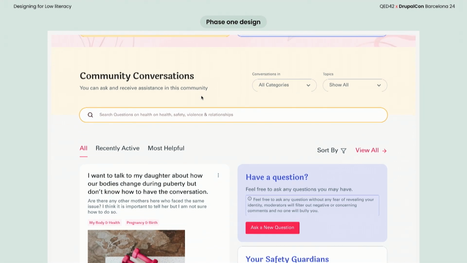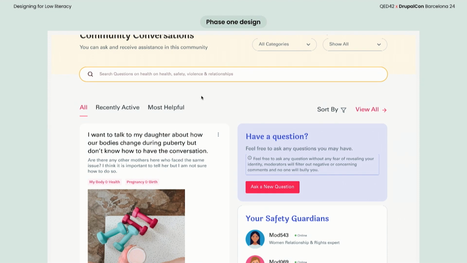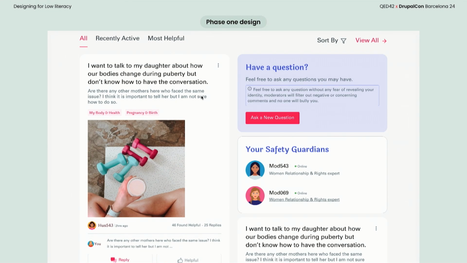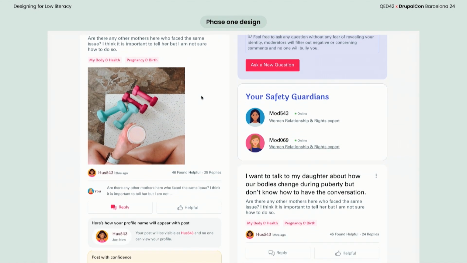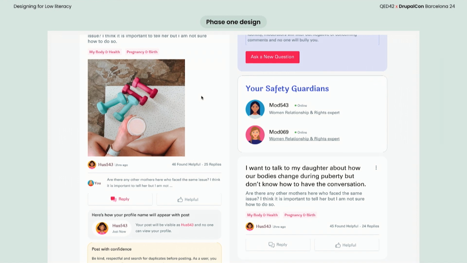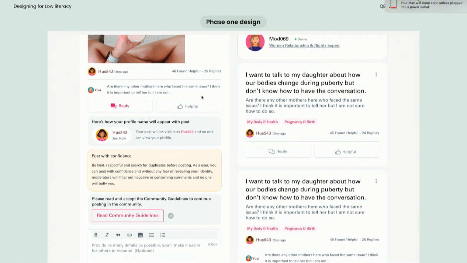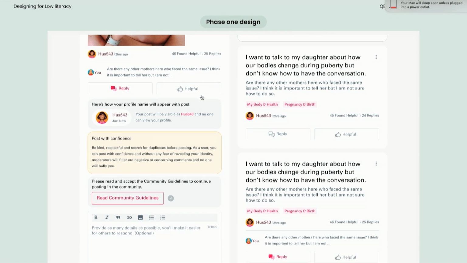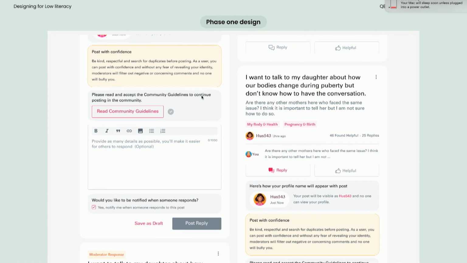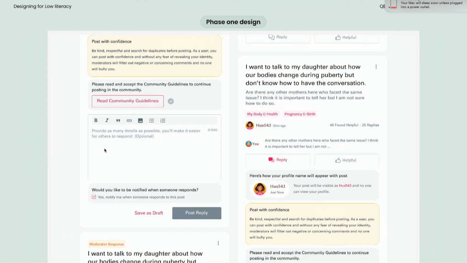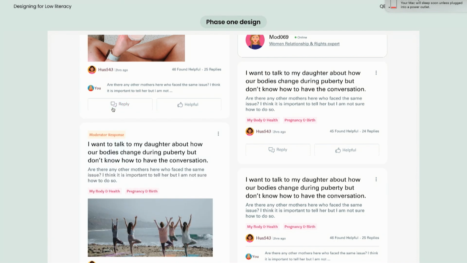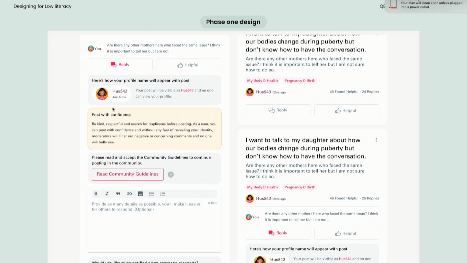There's search. Then have a question: if we want to ask a question, we can ask here. And then we have the cards that are stacked up. Safety guidelines, guardians who are moderators. We can also show them around here. And then we have all the cards stacked up vertically, coinciding with each other. If we want to reply, we can click on reply, and then we have the guidelines.